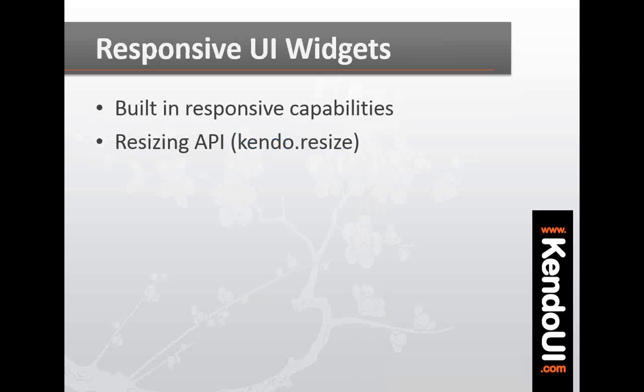I'm going to be showing the built-in responsive capabilities, and then we're going to look at the resizing API. We came out with an API which is very simple. All you need to do is, whenever the page is resized, just call resize on a specific Kendo UI control, and it will automatically resize itself. So you just write one line of code and your web page automatically resizes itself